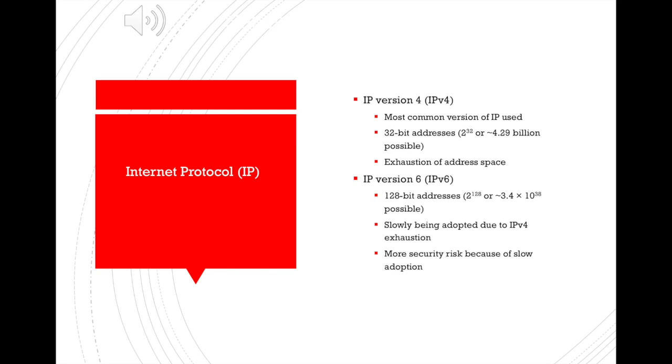Now we're going to talk about the IP protocol, or the Internet protocol. There are two different versions, and they're both very different. There's IPv4, which is probably what most of you are used to seeing. It's the most common version of IP. It uses 32-bit addresses, so you might have seen addresses, and I'm making this up, like 25.173.124.6 or something to that effect. That's an IPv4 address, and there's only so many possible combinations.